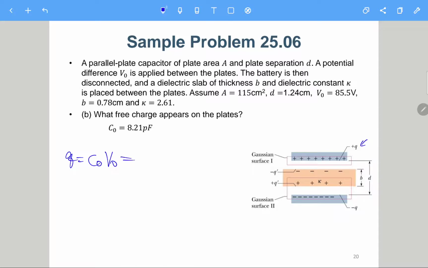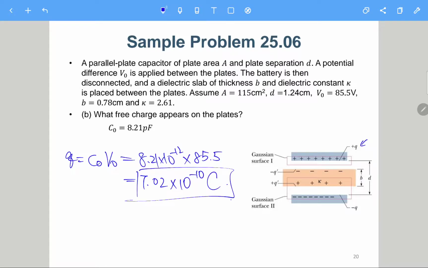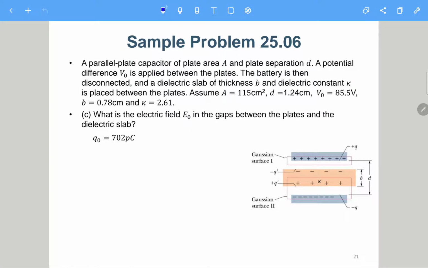We know that C0 is 8.21 times 10 to minus 12 times V0, which is 85.5 volts. So Q0 would be 7.02 times 10 to minus 10 coulomb. So this is still another simple question. So the next one,